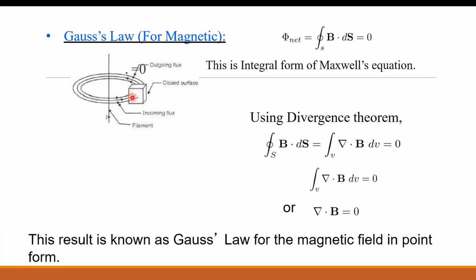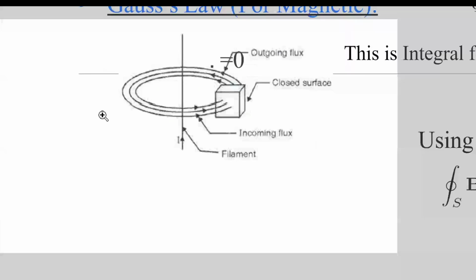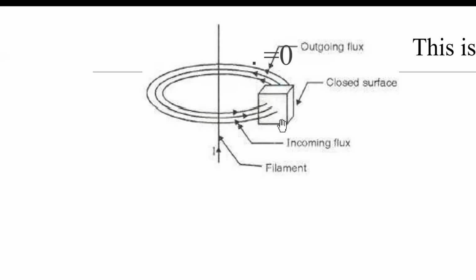Now see here, one small figure is shown. Okay, so in this figure a closed surface area is shown like this, and through that surface area flux is entering and flux is leaving. Whatever flux enters the surface, that is leaving. In the case of a magnetic field, the flux lines are circular. We proved all these things. The flux lines are circular because if this kind of filament is present through which current is passing, then the magnetic field is surrounding that filament.